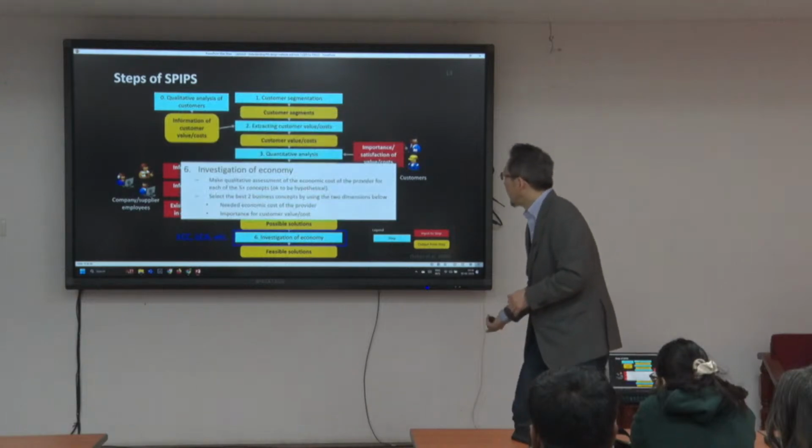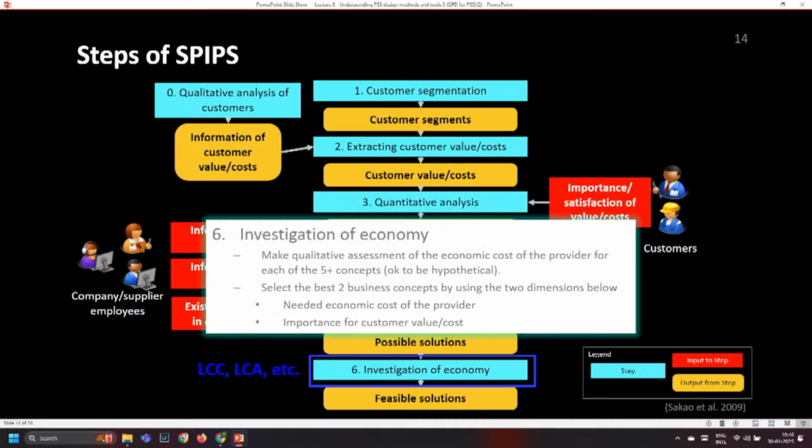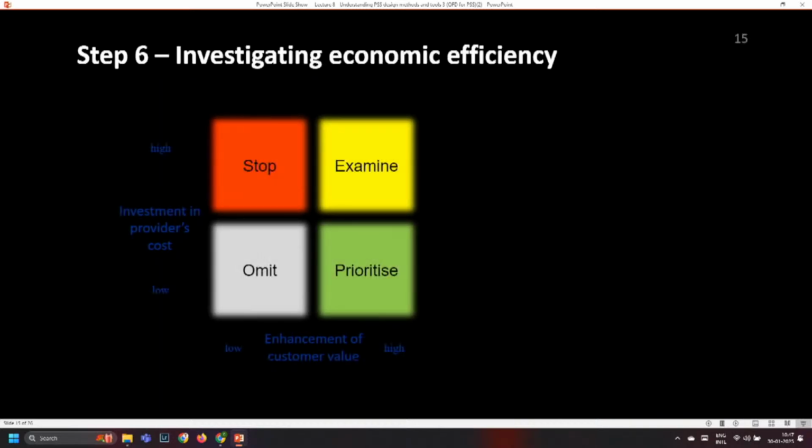Okay. And then step 6, you need to make sure that the derived improvement is economically viable, for example. And in that case, you may want to use life cycle costing, for example, or another assessment tool. Okay. And in that step, last step,